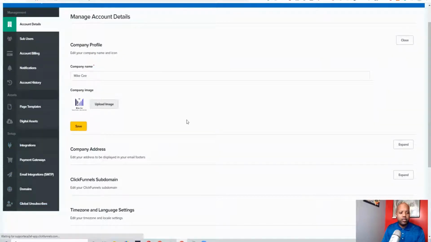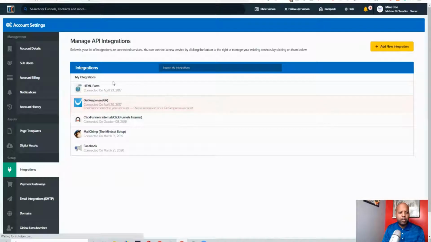So these are the different integrations that I had connected. It's saying that it could not connect because obviously I don't have a GetFunnel or GetResponse, GetFunnels. Now there's a business opportunity for you, but I don't have a GetResponse account. So if I hit add integration,